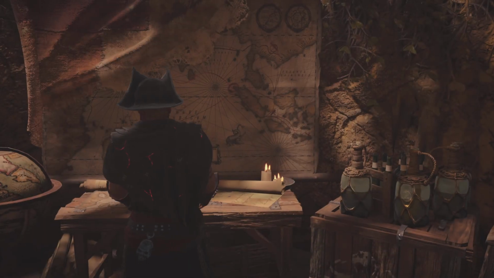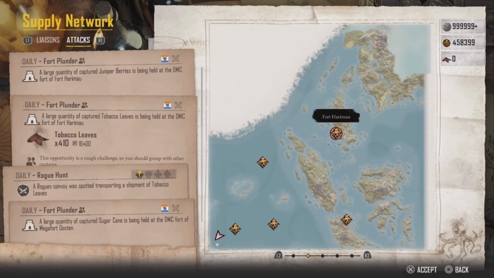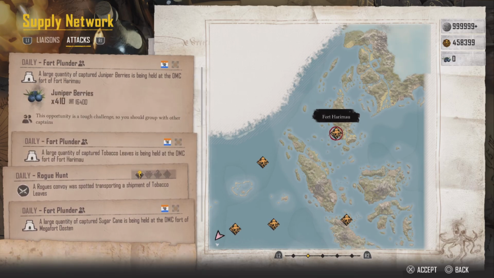So when you're accepting forts, make sure you're accepting the ones that you can solo, and you can pretty much get them done rather quick. As you can see, Harrimal, I can get that done. If the ships hurry up, I could probably get it done in 15 minutes. I mean, it's not that bad for basically